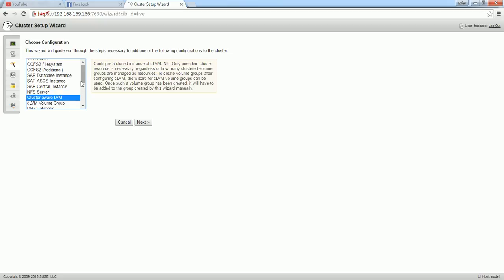Likewise, cluster driver, LVM, DB2 if you are using, and other options we have handy here. By default it comes with the packages which we have installed. And the next one